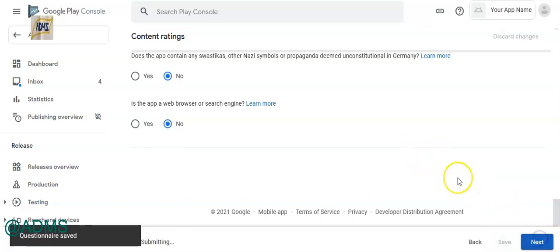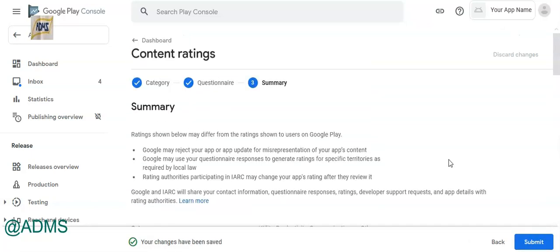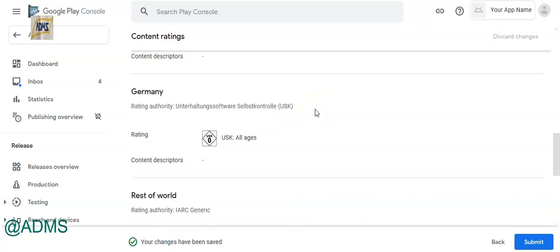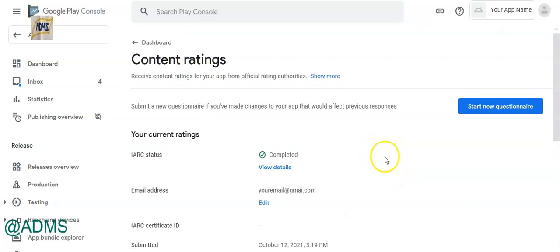and then click next. And as you can see, the content rating is generated, and finally click submit. Okay, so this section is done.